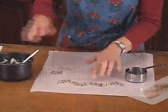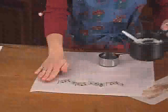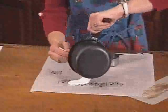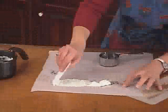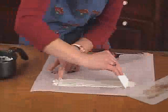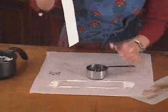Now our dark chocolate has dried, and I'm going to take the white chocolate that is melted, but I've brought it back closer to your body temperature so it's not so hot. Because if it's too hot and I pour it on top of here, it's just going to smudge the pattern. Pour some right on top. Then I'm going to take my trowel and spread it across the whole piece of plastic. There we go. Now grab a corner, clean up your edges,